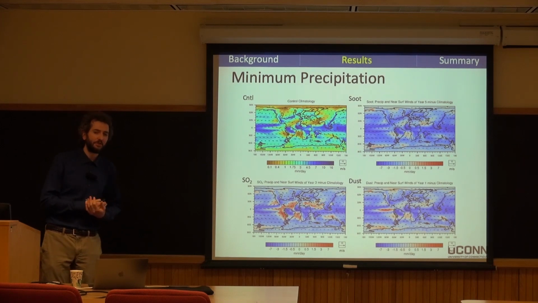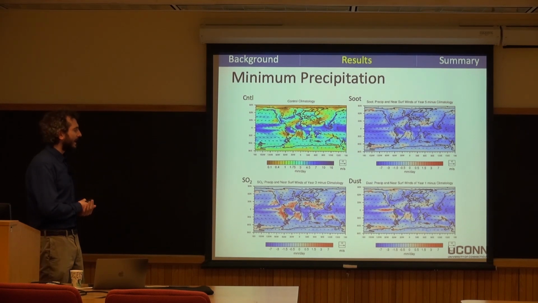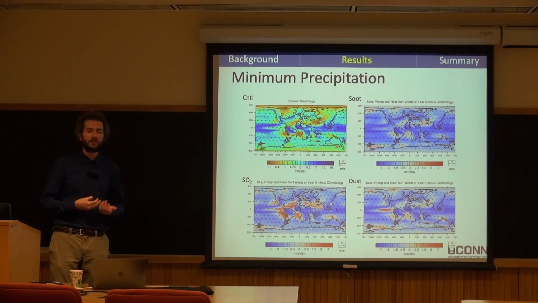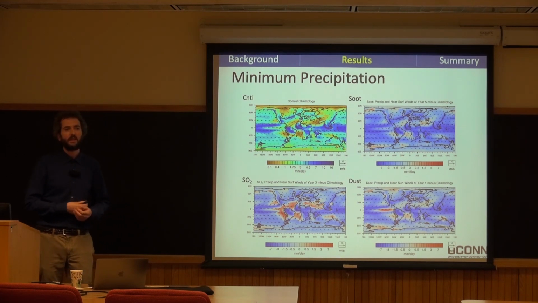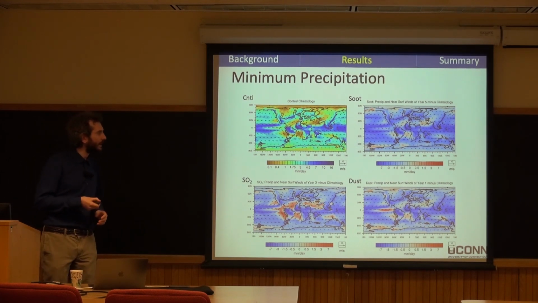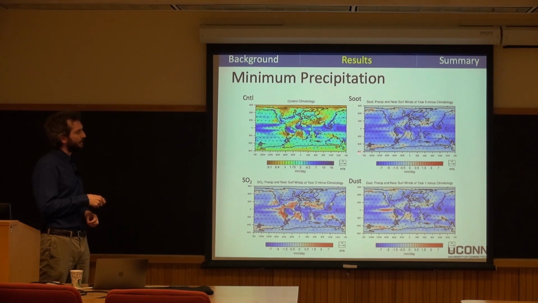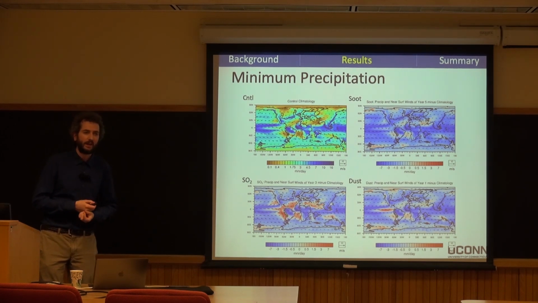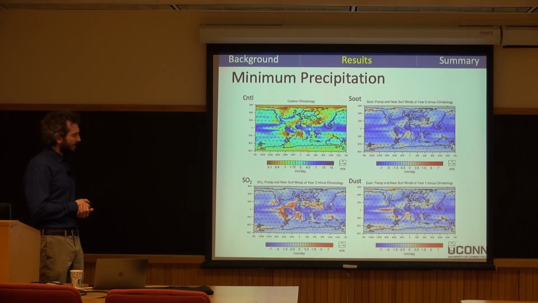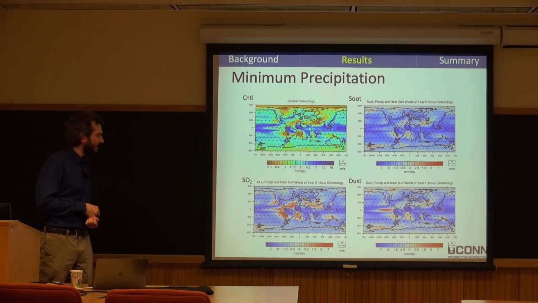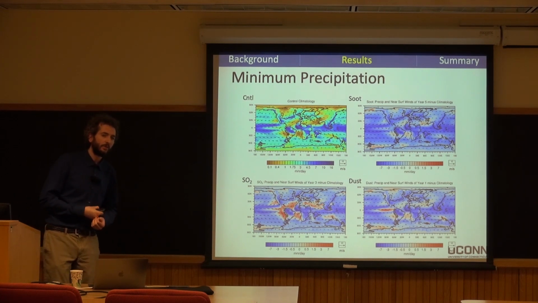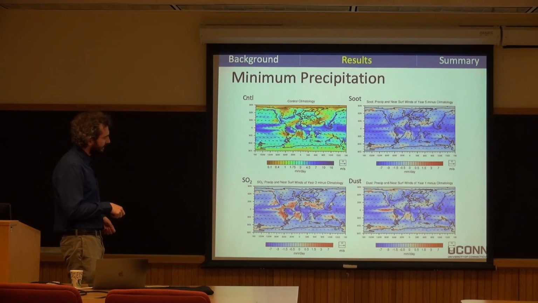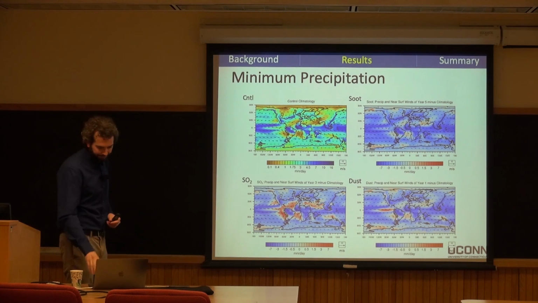But that doesn't mean that precipitation is lower than normal everywhere. In particular, in some of these areas where you're used to having very dry climates, where you're used to having a lot of subsidence, you can actually get a small increase in some drizzle precipitation. And then there's a few areas where you have high contrast between the land and the sea in some of the high latitude regions that leads to a little bit of precipitation there. And these responses are a little bit more amplified in the SO2 response, due in large part to a little bit of additional heating that allows for a little bit more evaporation along some of these typical subsidence regions.